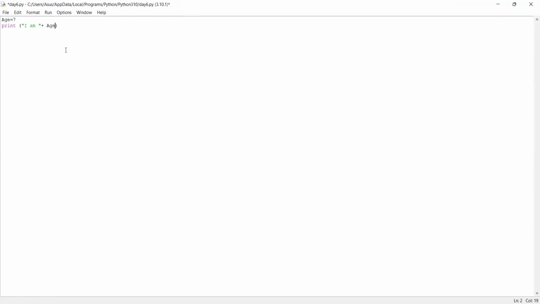In the first one, do we have to write age = 7? Yes, age = 7 means you have to assign a variable. Otherwise, you can't call it. I want to print the sentence using the one variable. You have to use the age variable. Excuse me, teacher, shall I share my screen? Okay.